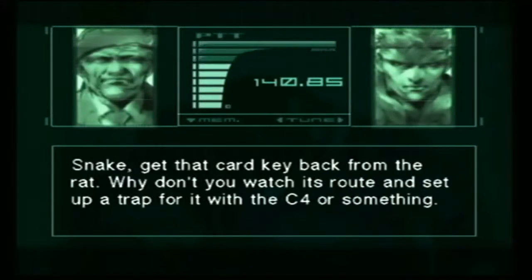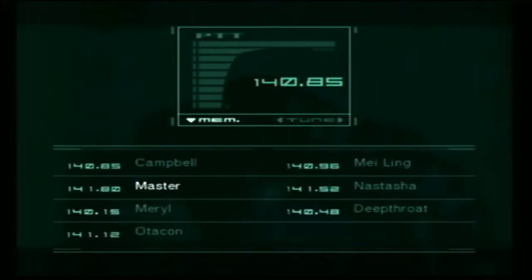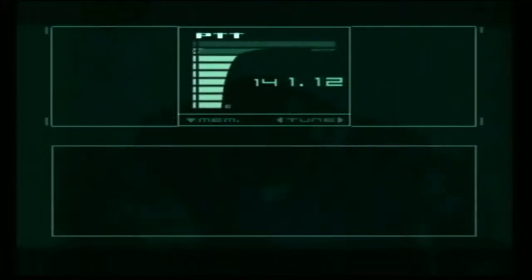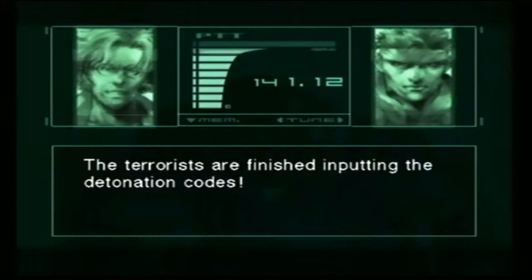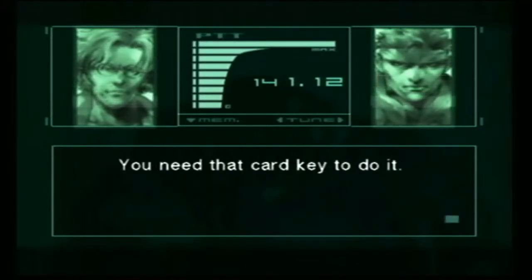Snake, get that card key back from the rat. Why don't you watch its route and set up a trap for it with the C4 or something? The terrorists are finished inputting the detonation codes. The only way to stop the launch now is...